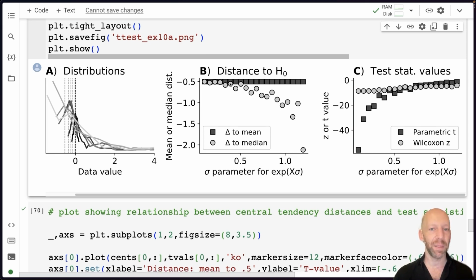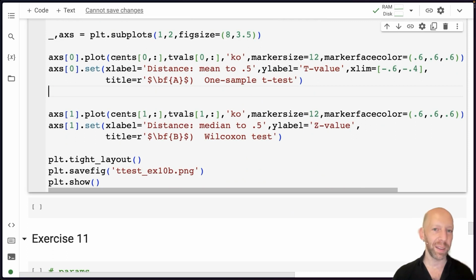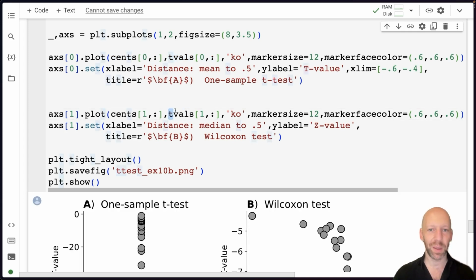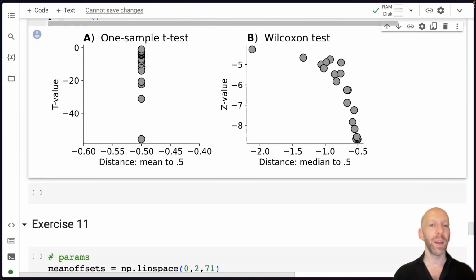And that's the idea of this next plot here. So you can see that here. So the distance from the central tendency value to the null hypothesis value is scaled by the t-value or z-value. So this is actually the z-value for the Wilcoxon test. Okay, so the x-axis doesn't change, again, trivially, for the t-test, but it does for the Wilcoxon test for the median. Again, the closer we are to the null hypothesis value, the stronger the statistical significance of the result, the